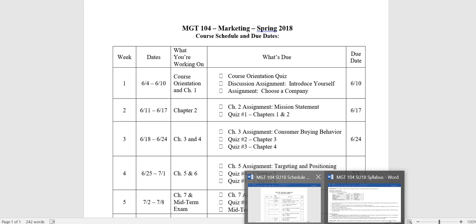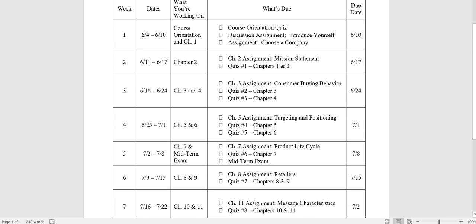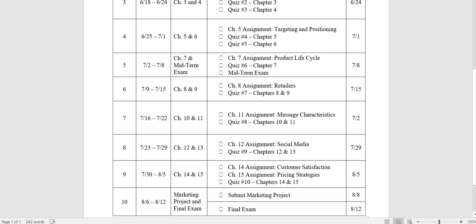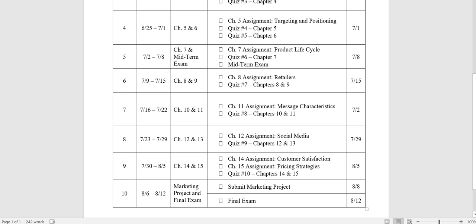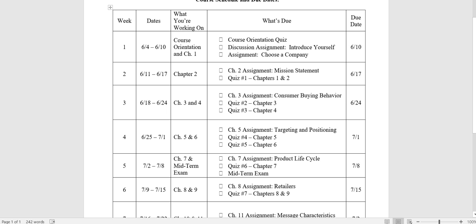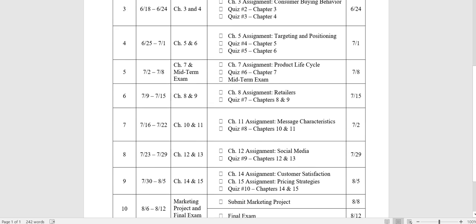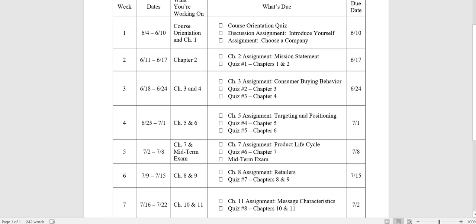The schedule here I have for you with due dates. So each week you have an assignment and a quiz or 2. There's one week where you have 1 quiz and 2 assignments. This is a 10-week session, so it's condensed from the 15-week, but we still have to cover the same amount of material, which is why we have to double up on some of these and often do two chapters a week. Not every week, but you can see most of them we do.